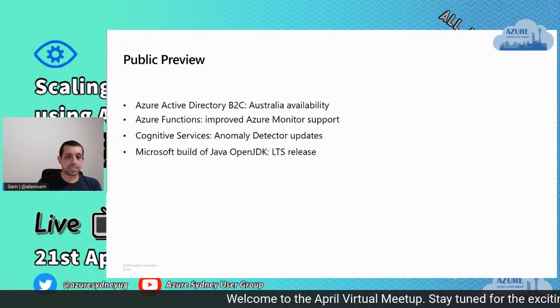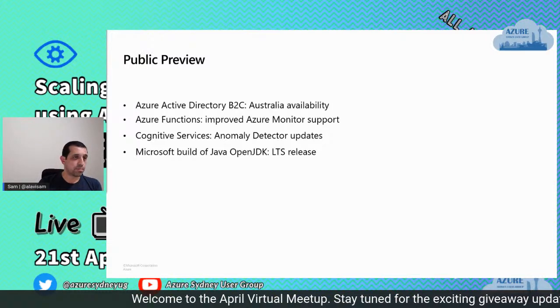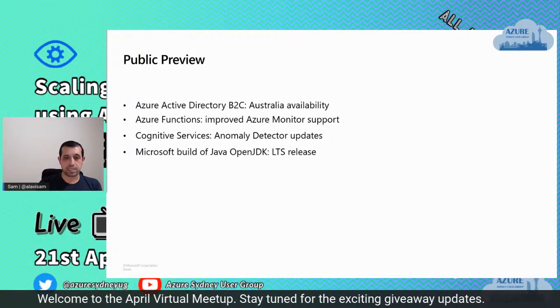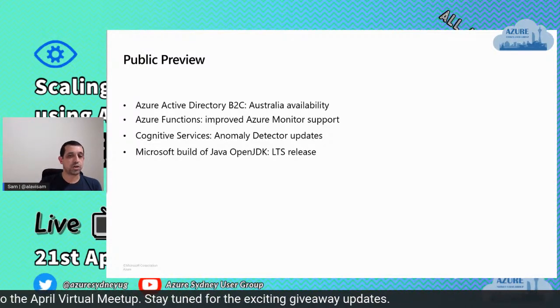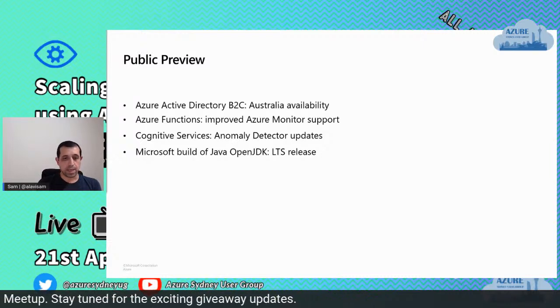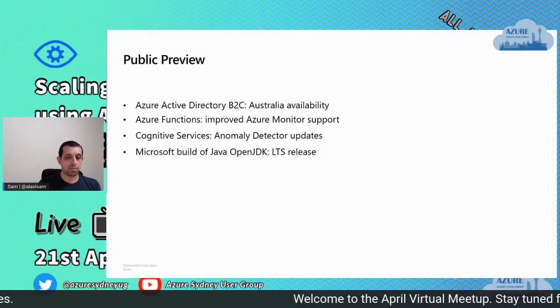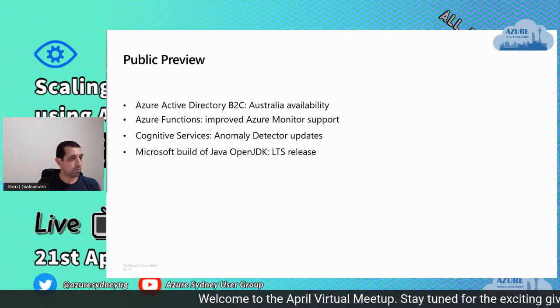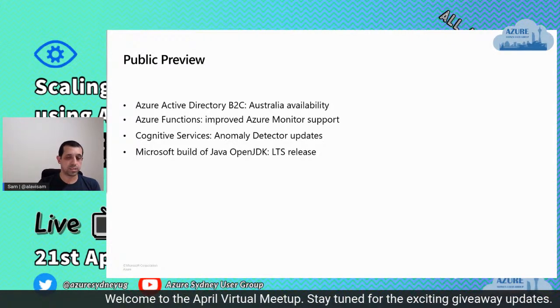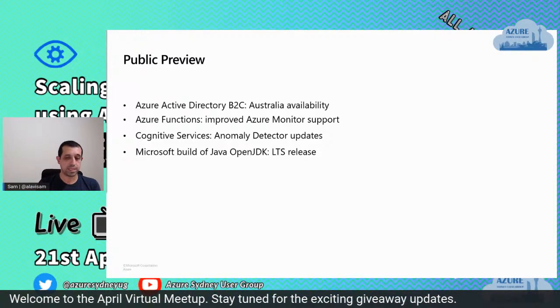The fourth one is another interesting project from Microsoft: Microsoft is building a Java OpenJDK. It's a new build of the OpenJDK, still in preview, fully done by Microsoft. It's fully open source, everybody can contribute, and Microsoft is the main maintainer.